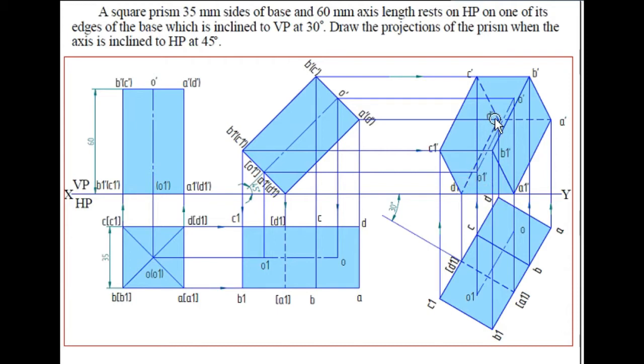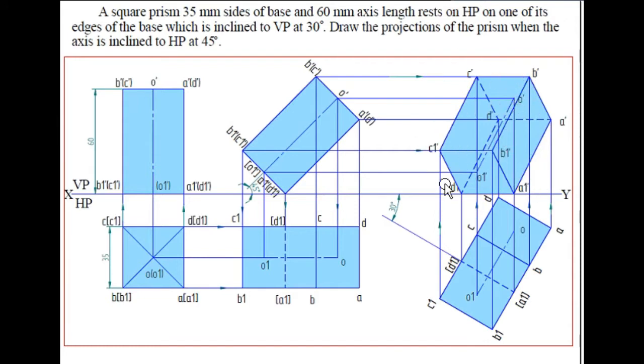D is connected to D1 and D is connected to C dash, and D dash is connected to A dash. So whatever the line that is going from D dash will be hidden, because it is the farthest point, right? So whatever the line that is connected from D will be a hidden line. So I represent the lines which are connected from D dash. So this is the line which is connected. So I represent with the hidden line, from here to here hidden line, from here to here it is hidden lines, and then whichever lines remain will be shown with a visible line. So that is how the view will be completed.